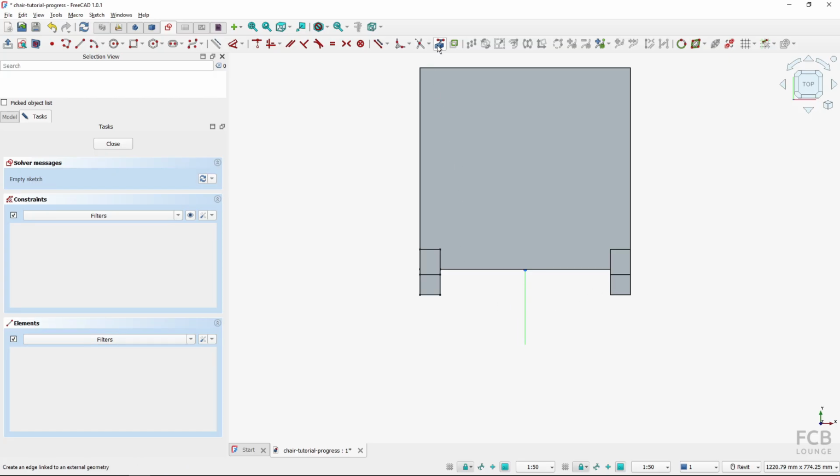So again, I will use this tool, create external geometry, and I will select this edge and this edge, and I will select escape to end the tool. So I've got these two lines, and now I want to create this arc. So I will use the arc tool and I will choose the create arc by